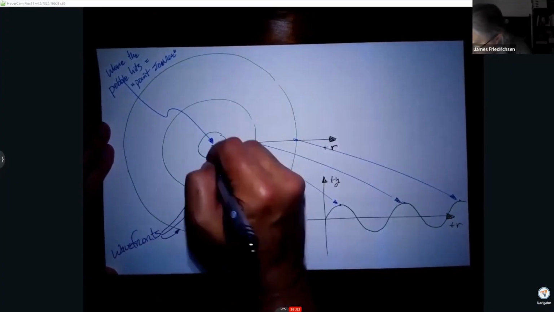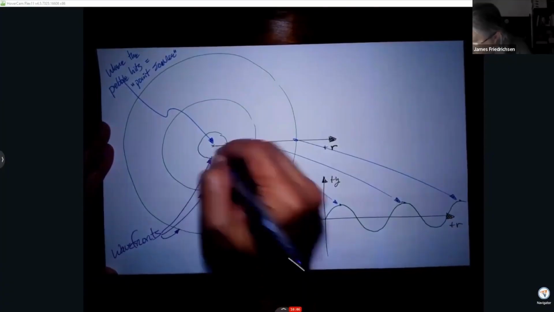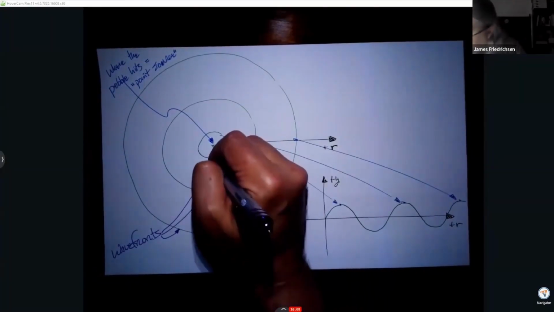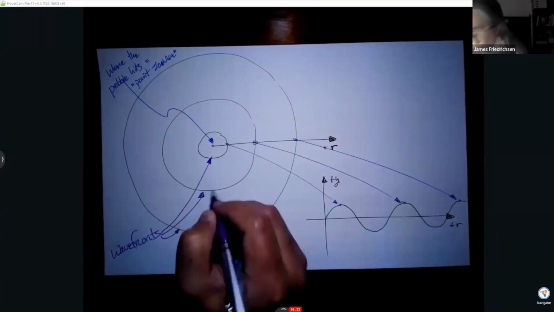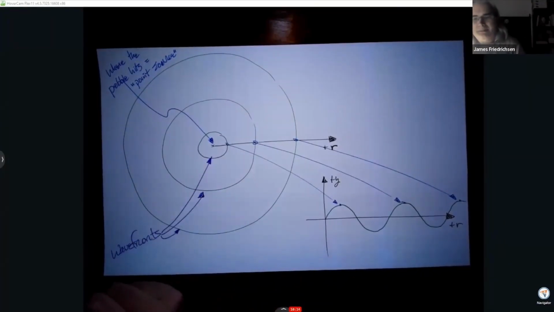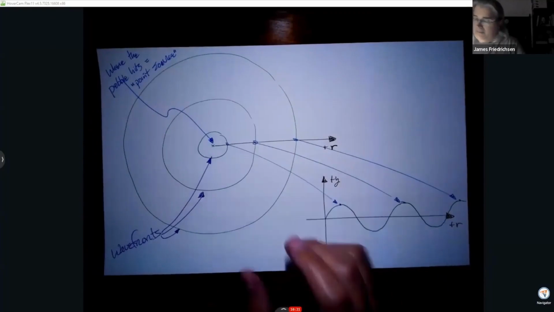I guess technically, since we're only in 2 dimensions on the surface of the water of the pond, then these would be circular wave fronts. But that's not quite really where we want to be. And what we want to take a look at, if these were to move in 3 dimensions,